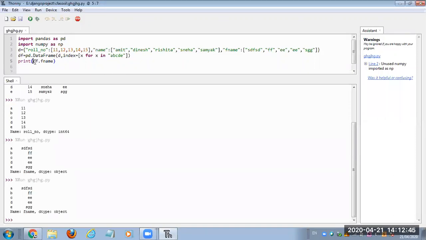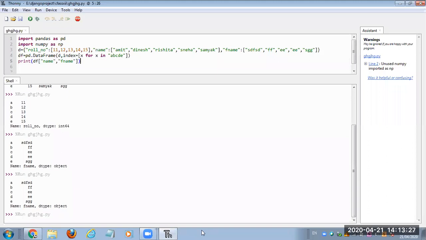But suppose I want to display multiple columns at once. Suppose I want to display name and F name also. Then I cannot use this method. This method can only be used with a single column. To display multiple columns, I can use the square bracket, and by putting commas, we have to provide the list of the columns that we want to display. So print df, then in the square bracket, I mention in double quotes name, comma, F name. It will display two columns, name and F name.